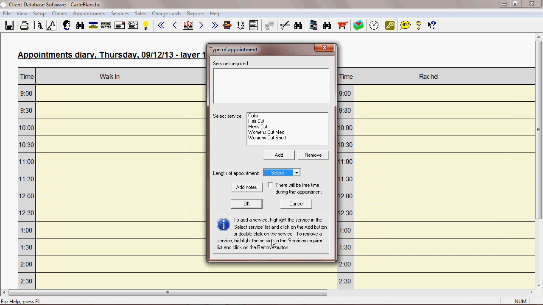So now it's going to ask me for the type of services this person is going to be having. Now, this service list is something that obviously you can configure yourself. You put all the different services that your salon offers in here. And in this case, we're going to select a men's haircut. We're going to add that to the list. As you can see, we can select multiple